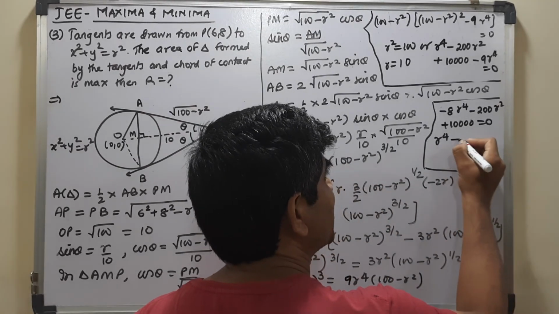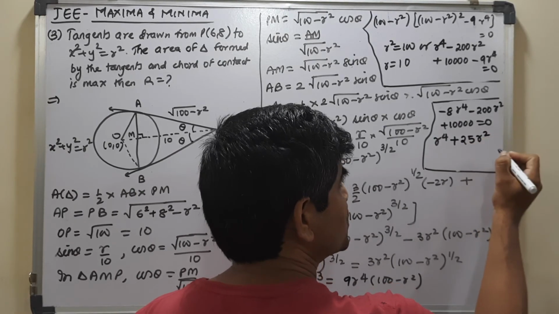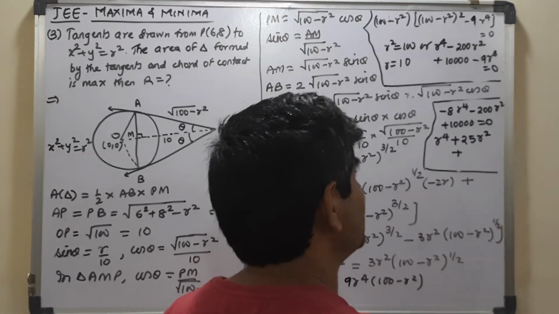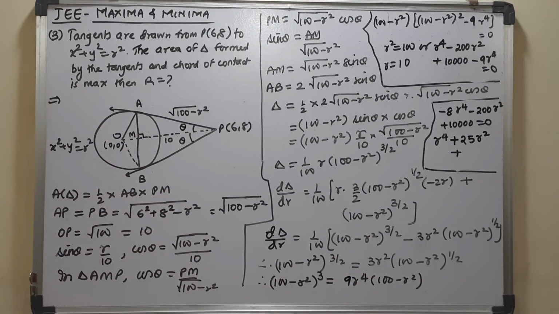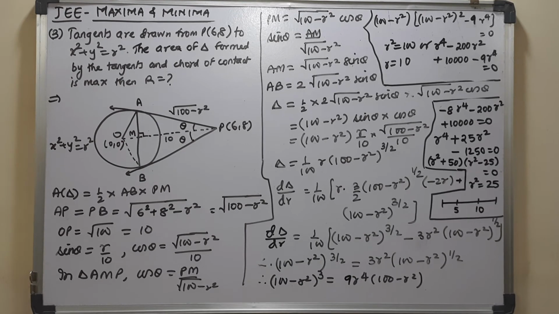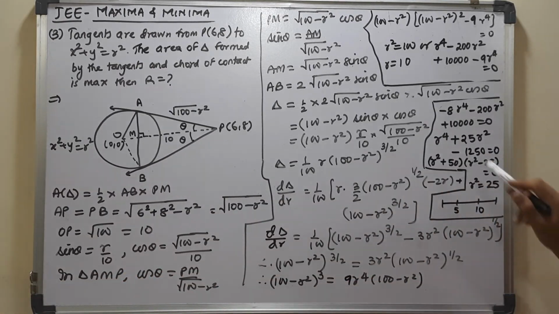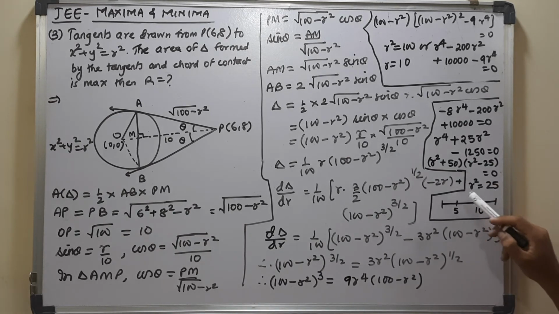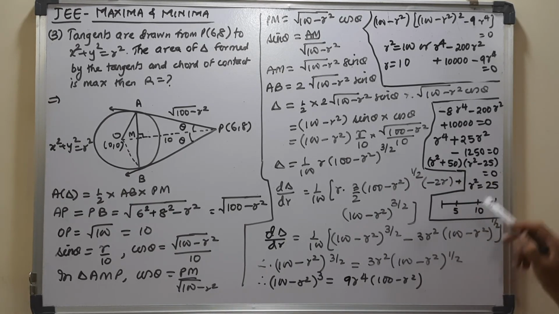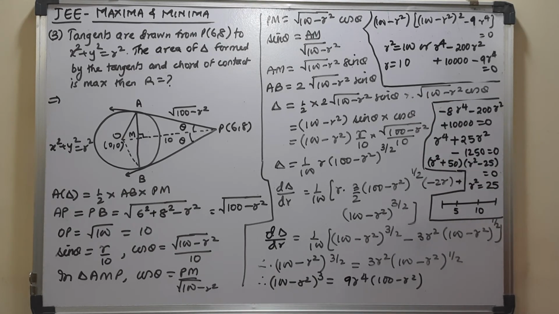So it will become plus 8 2s and 25r square, plus even this will be divisible, that is 10,000 divided by 8. So finally got it correct, that is I get here minus 1250. This is the division I got. Splitting is this, 50 and 25 will be the factors. So r square cannot be minus 50. So r square is equal to 25. So I got two critical points, one is 10 and one is 5. So I will check for both the points.